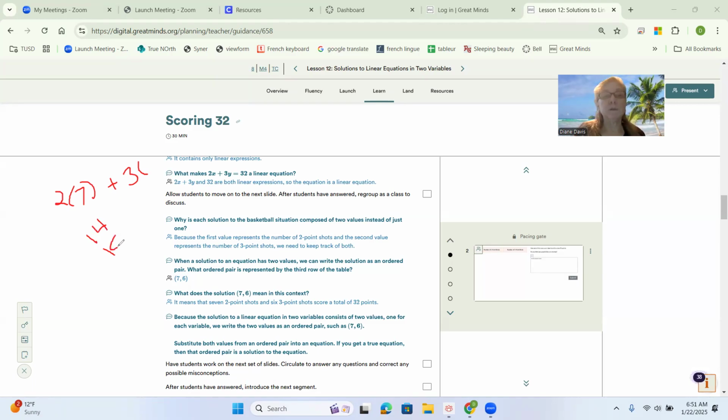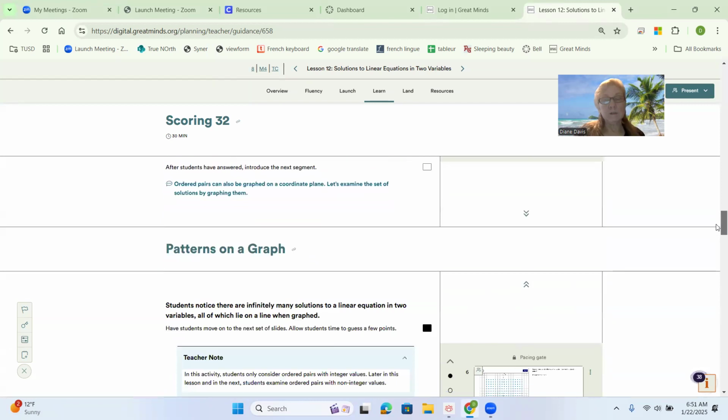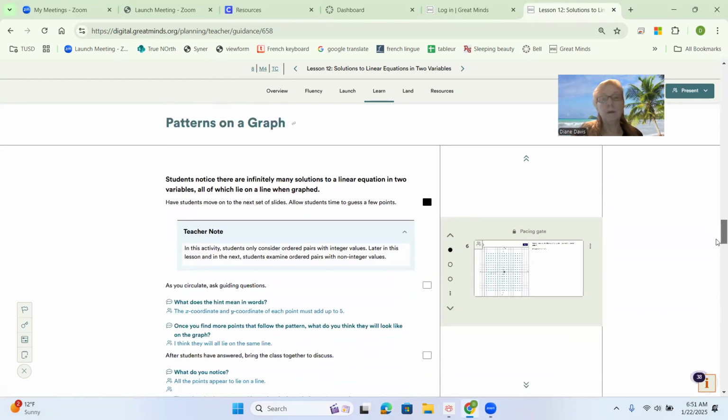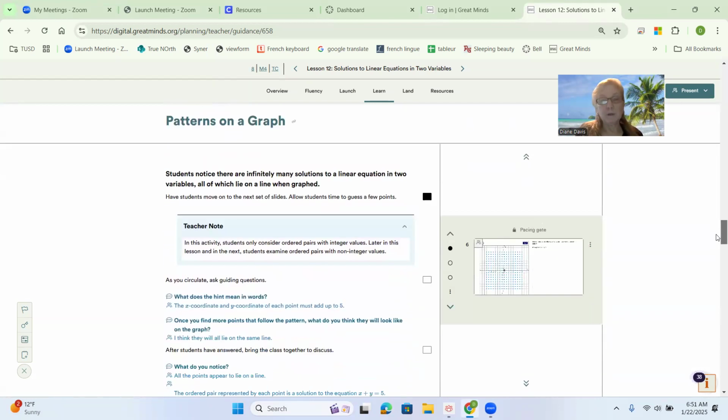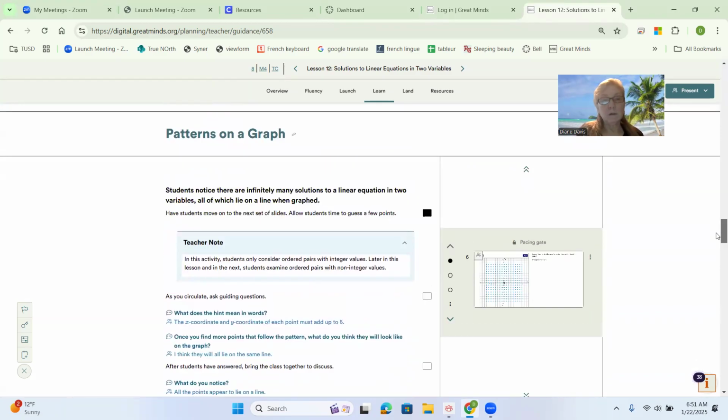Because 4 plus 8 is 12, carry the 1, that makes 3. So that would be an example, and they did that by guessing. Normally you have to have two equations if you're going to do it algebraically. So now you're going to find out that there are infinitely many solutions to a linear equation in two variables,